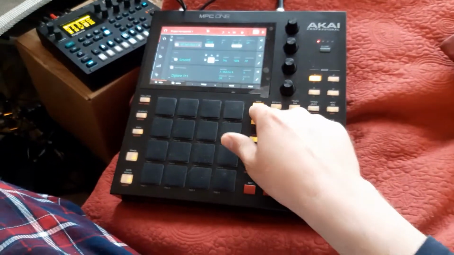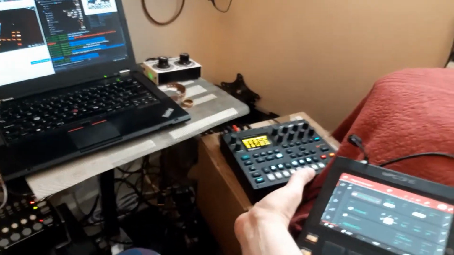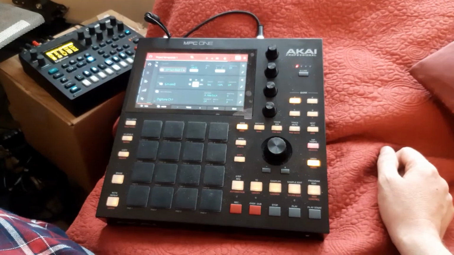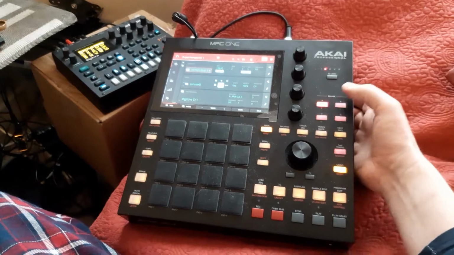So where were we at? Basically, we were trying to get program change to make a song mode for the Digitone and get all the rest of this working. So we're pretty much there now. Let's get into the correct pattern